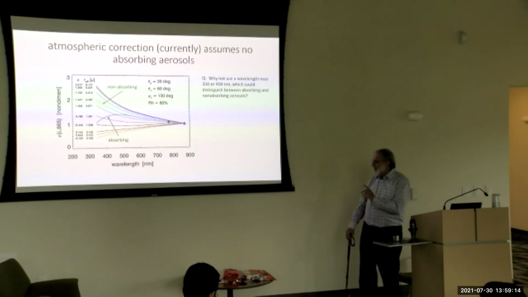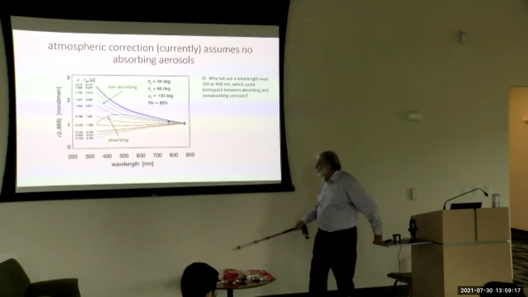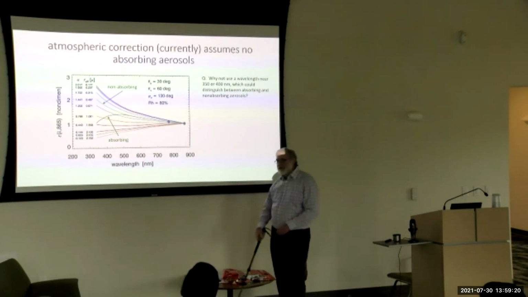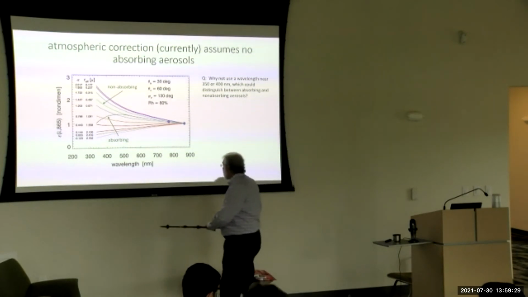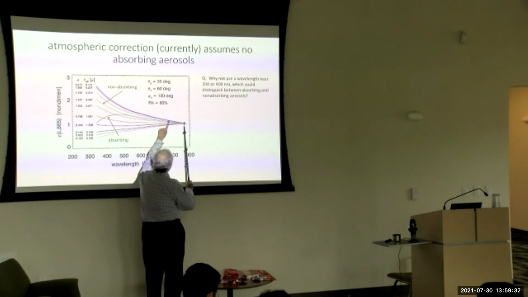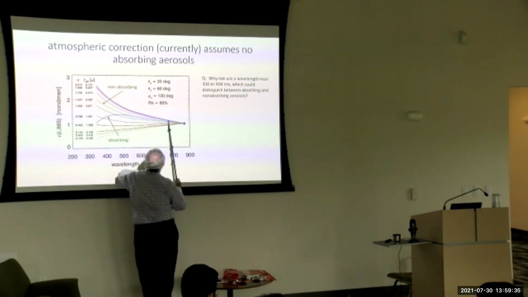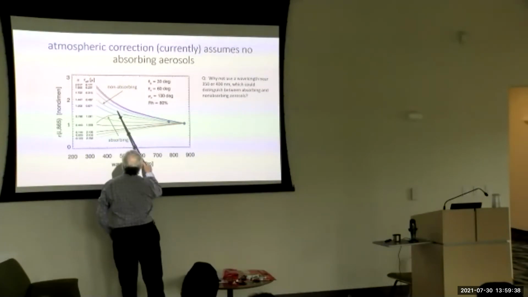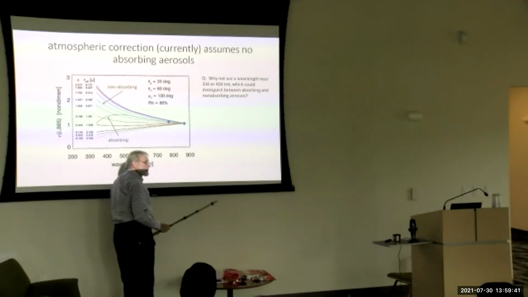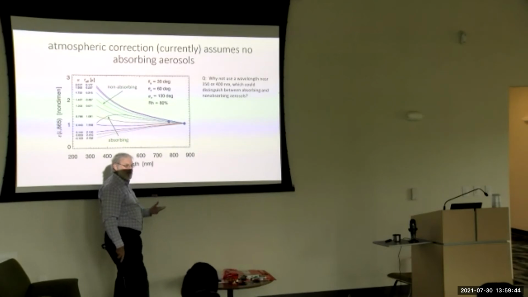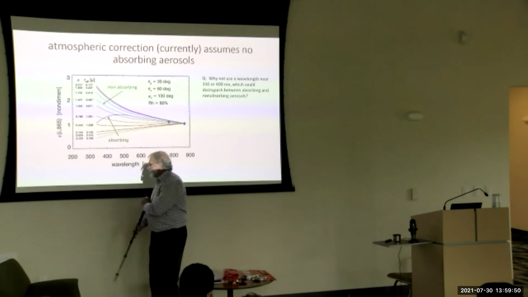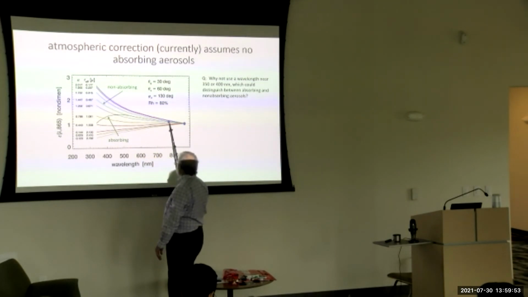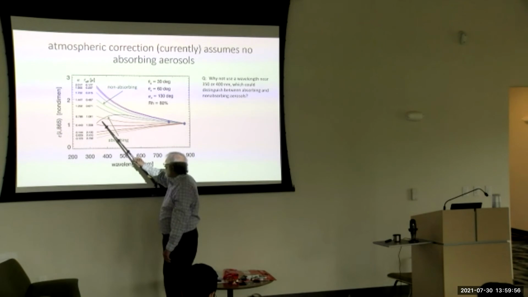problem, which is absorbing aerosols. All of these databases are built on the assumption that the aerosols are non-absorbing. That's a good assumption for sea salt aerosols, for example. Well, what happens is you make these two measurements out here, and let's say it picks this green aerosol right here, which is built on the assumption that the aerosol is non-absorbing. Well, what happens with absorbing aerosols is they tend to be highly absorbing at blue wavelengths. So an absorbing aerosol may look exactly the same back here, but then you get into the blue, this curve